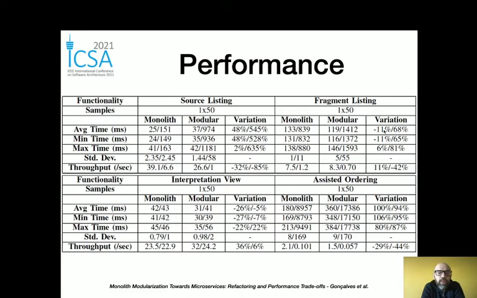Why? Because before, we usually went through the domain objects more frequently to get an object, instead of just doing a query to get it from the database. But then when you increase the amount of data, when you move from 100 fragments to 720, yes, the performance is worse in the modular than in the monolith.